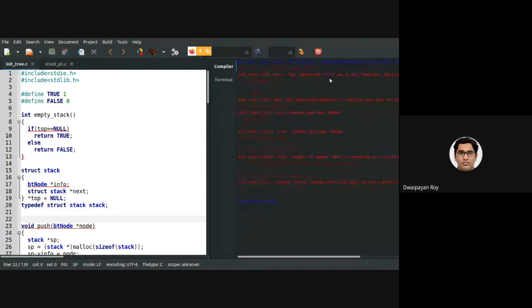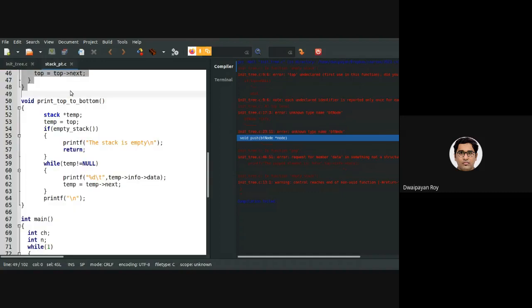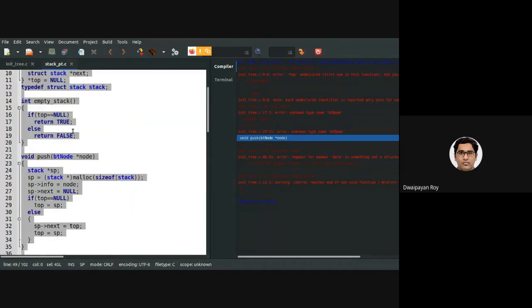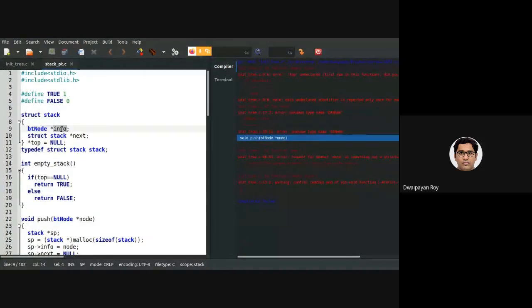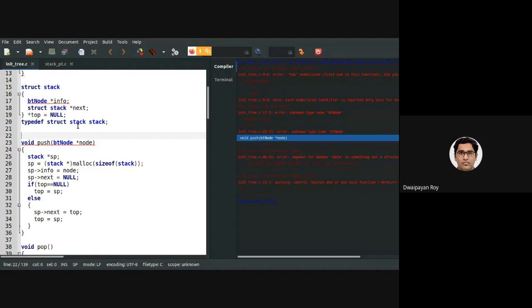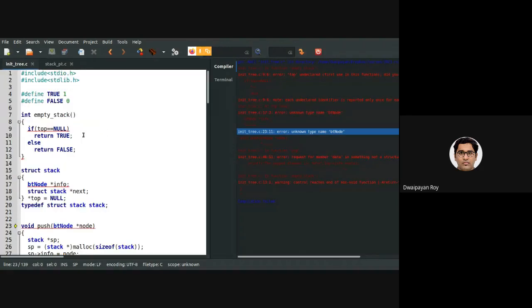I'm facing some error. Top. What I had done is copy the stack code that we had changed from integer to this info, into this INIT that we had started writing. So let's see what we have done wrong in this code.